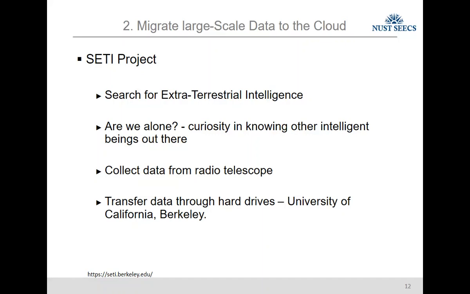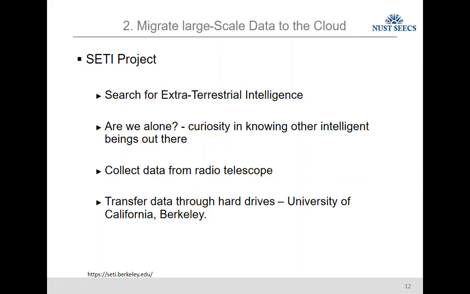They collect the data from the radio telescope and write it onto hard drive CDs, and then the data is transmitted to the University of California, where they perform analysis and pattern matching to identify if there is any other intelligent being out there. So they are not using the network, they are using tape drives and hard drives.